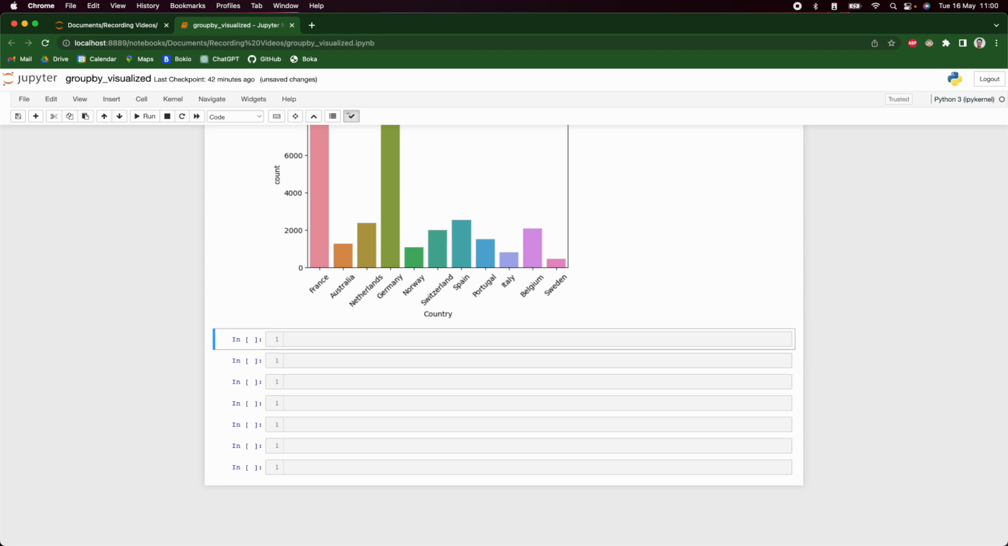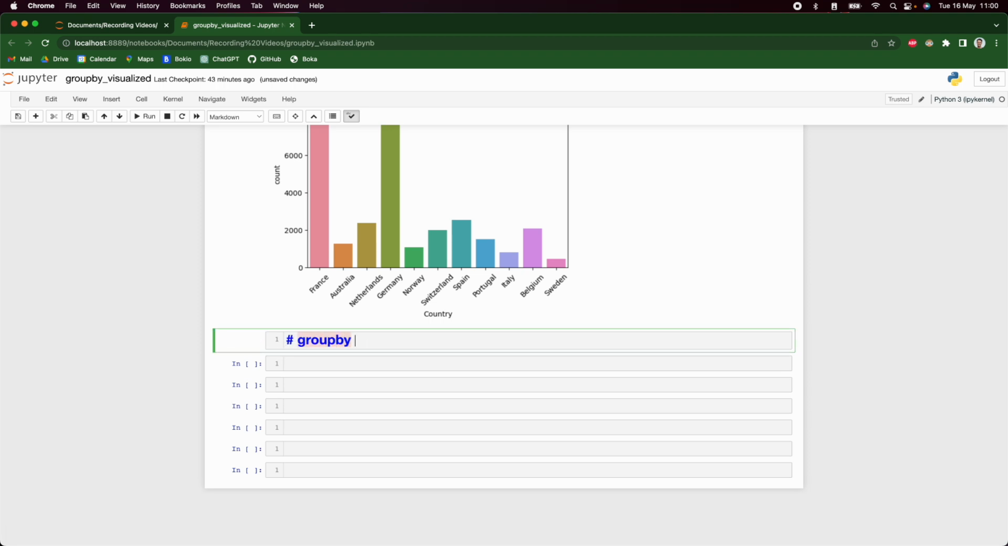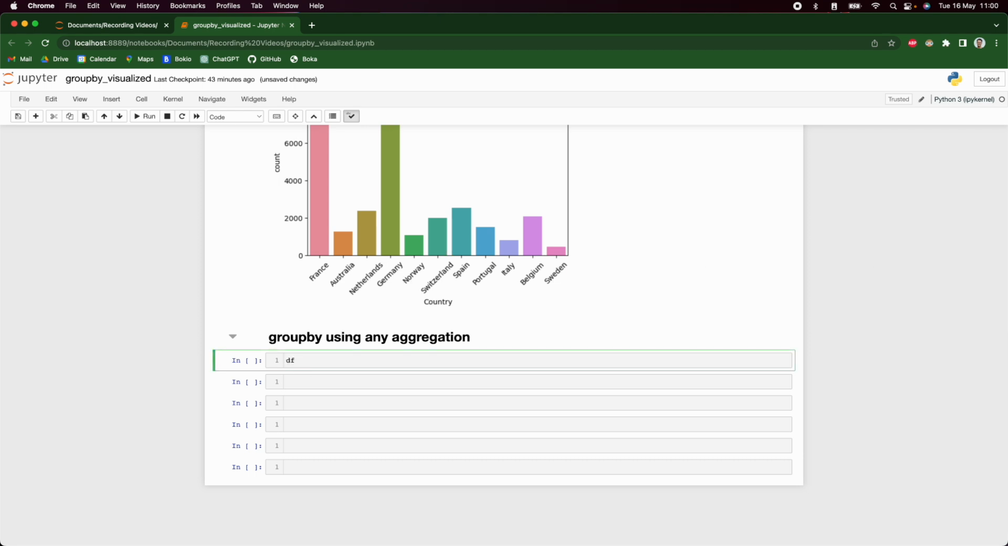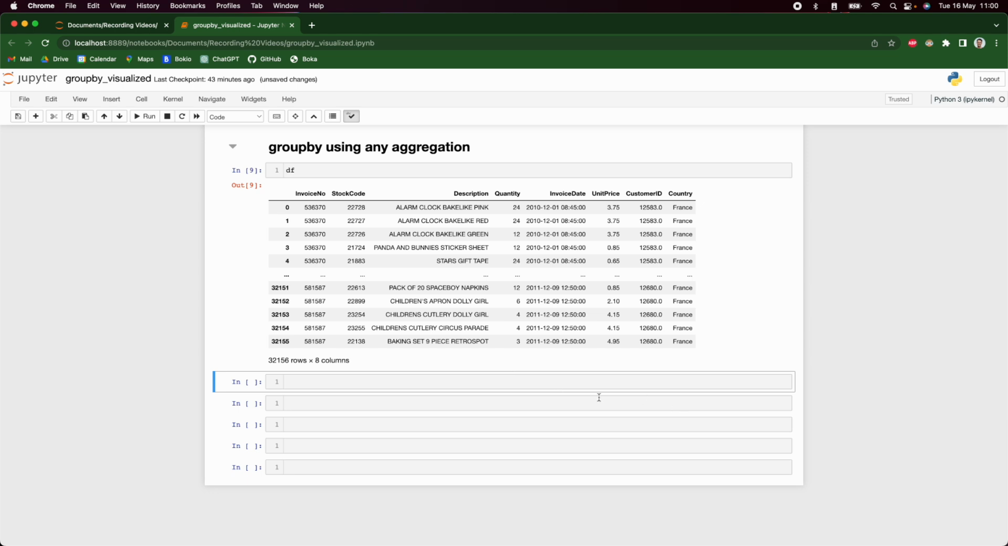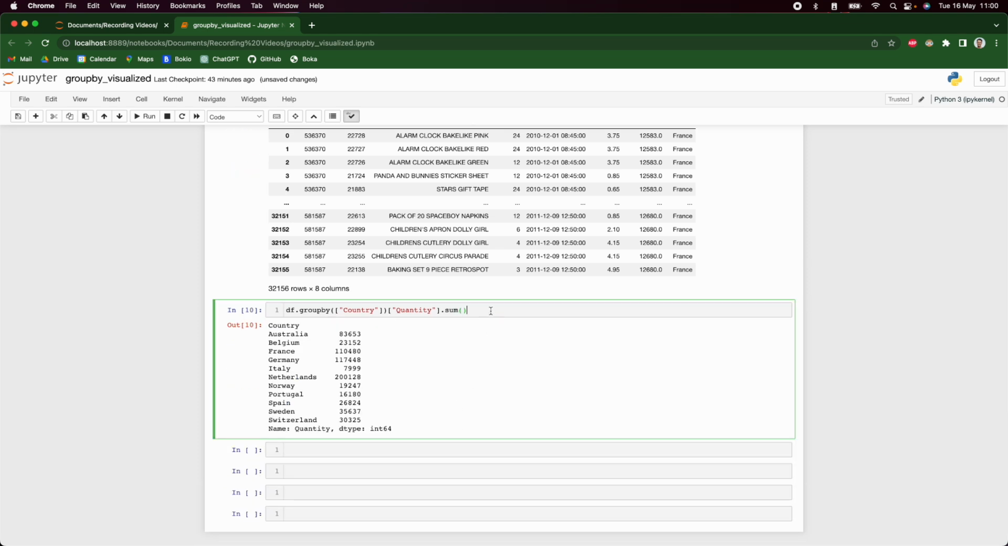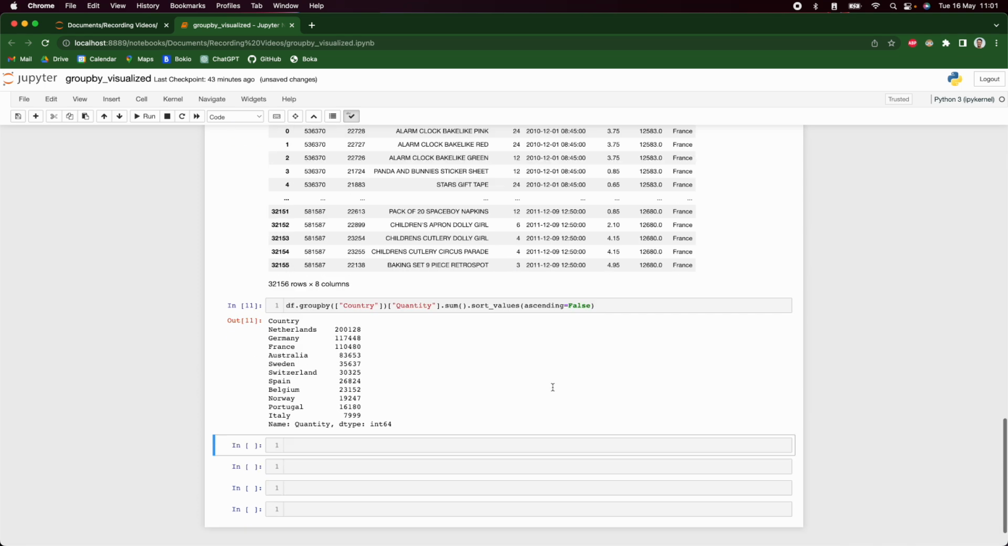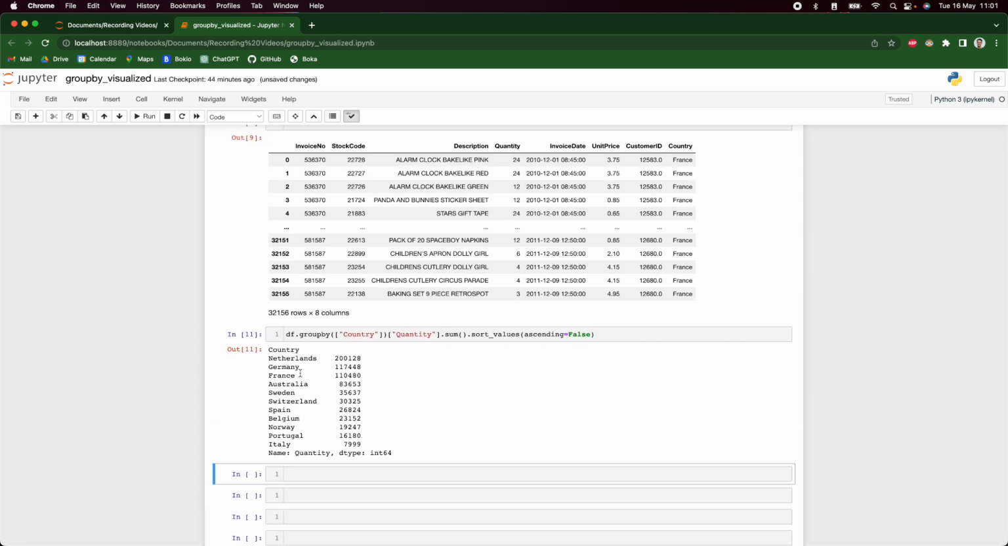Next topic I would like to go into is the group by using any aggregation. So I have my data frame here. We're going to continue and group by the country column. I'll say country, and then I'll group it by, let's say, quantity this time. So quantity, and then I'll say sum, and I'm also going to sort it like this. So now we can see that, okay, well, Netherlands has purchased the highest number of products, and now